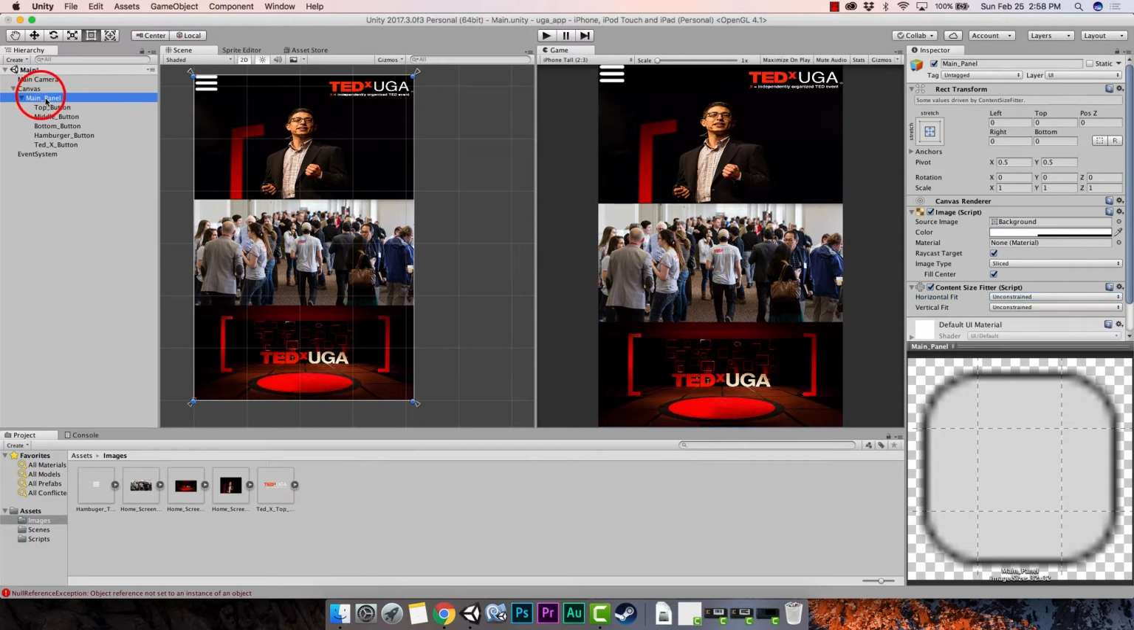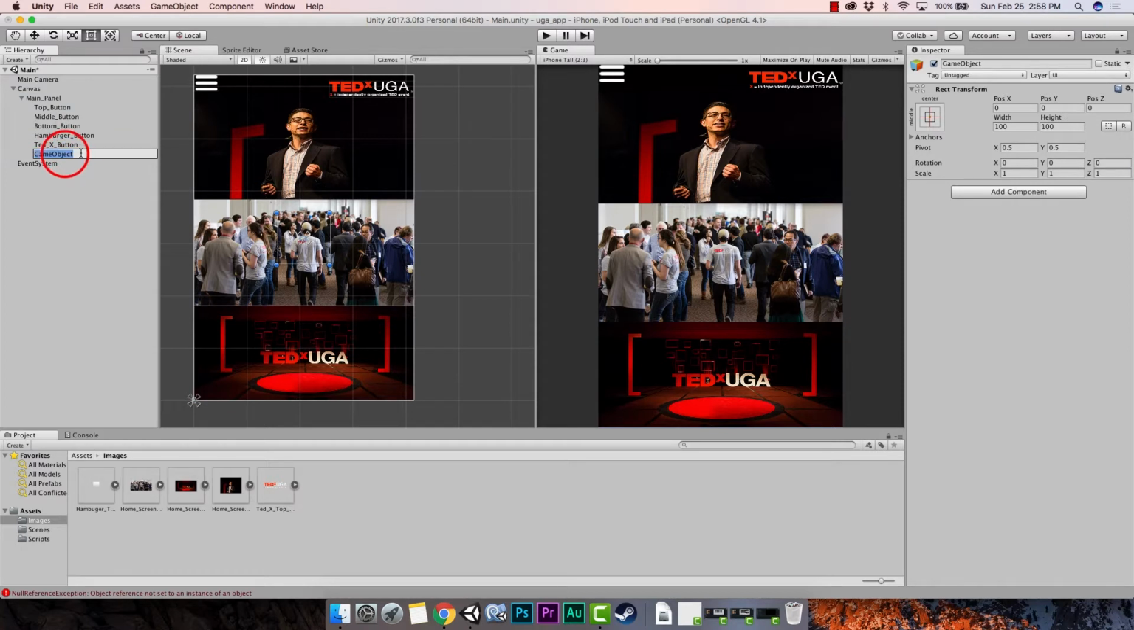And then what we really are concerned about are these three big images that are our buttons, right? So we're going to create a holder for these. So we're going to right click on main panel, go down and create an empty game object, and we're going to call this, you can call it whatever you want. I'm going to call mine,